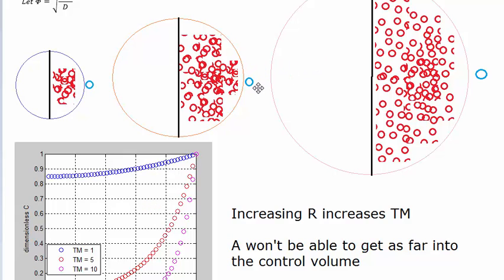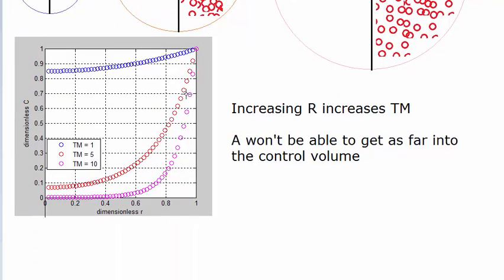And that's actually pretty difficult, right? Because there's so much B in the way, the chance of A getting to the center without reacting is pretty small. When you have an incredibly large particle size, the chance of A getting to the center is almost impossible. That's why you see the values drop off so fast over here in this plot. As it gets further and further in, there's less and less A that is able to make it to the